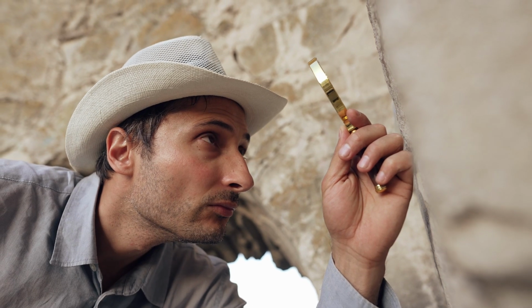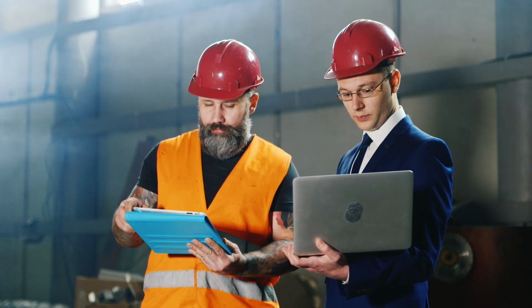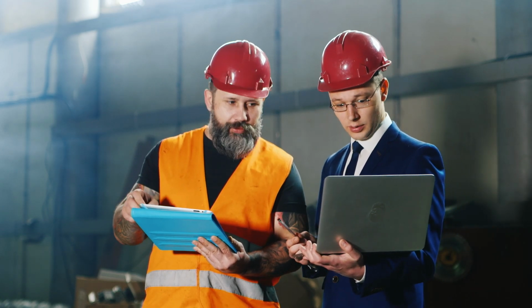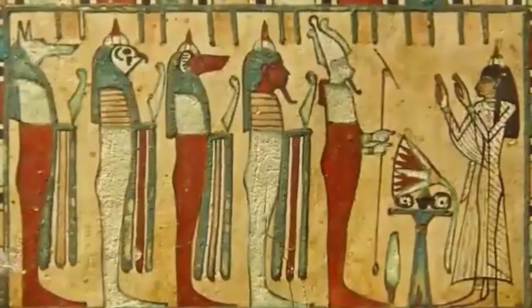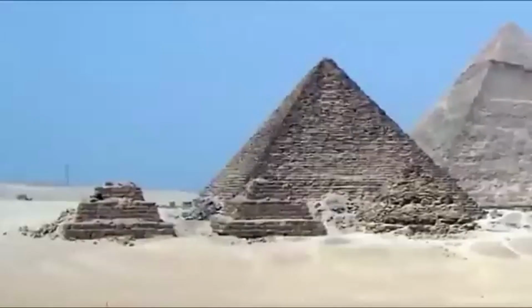Despite centuries of study, less than 15% of the Great Pyramid has been explored. Advanced technologies, such as ground-penetrating radar and robotic drones, continue to push the boundaries. Still, Egypt's strict archaeological policies and preservation rules slow down physical exploration. Some areas are so fragile that even the slightest touch could cause damage. However, one thing is clear. The Great Pyramid still holds secrets that may forever alter our understanding of ancient history, human capabilities, and even our